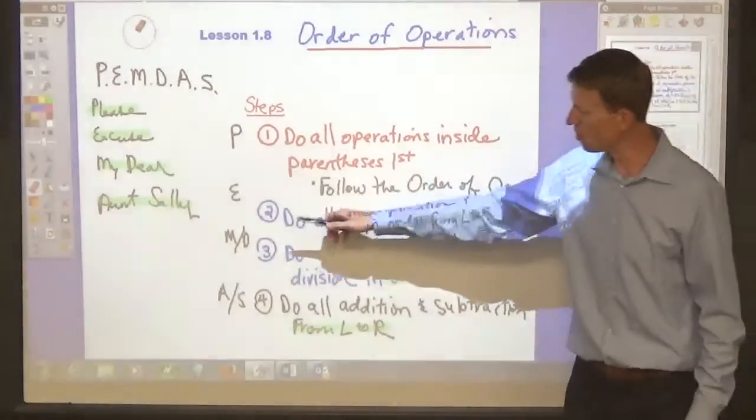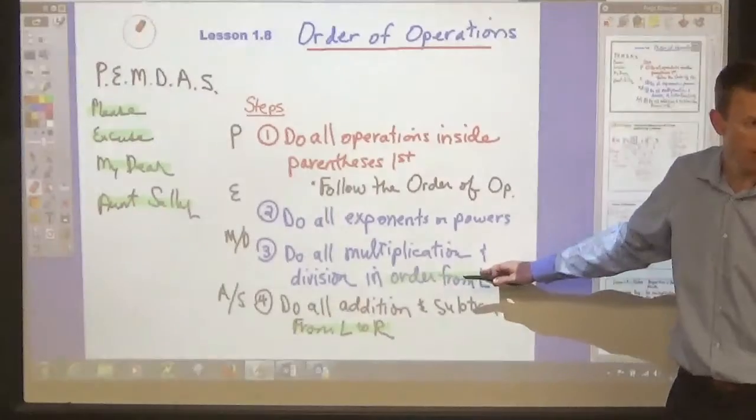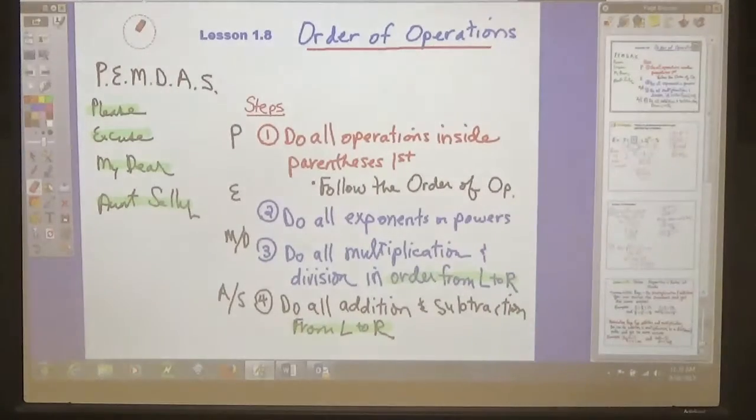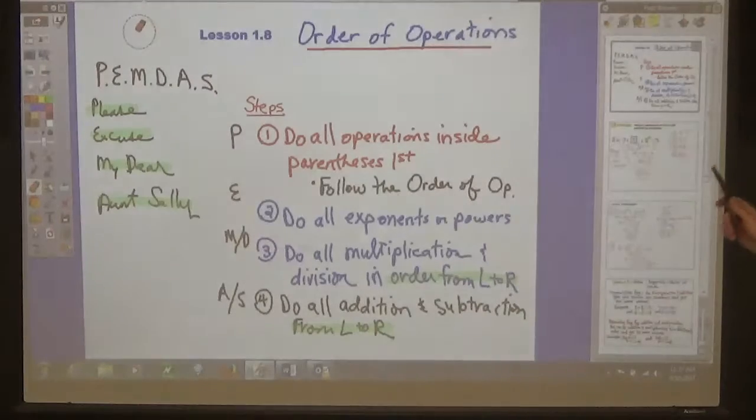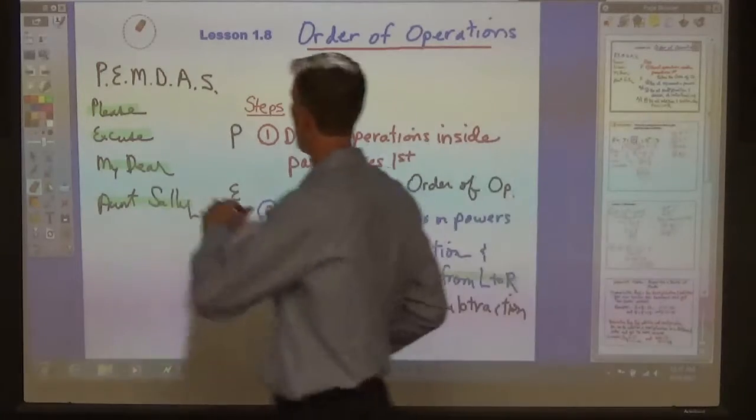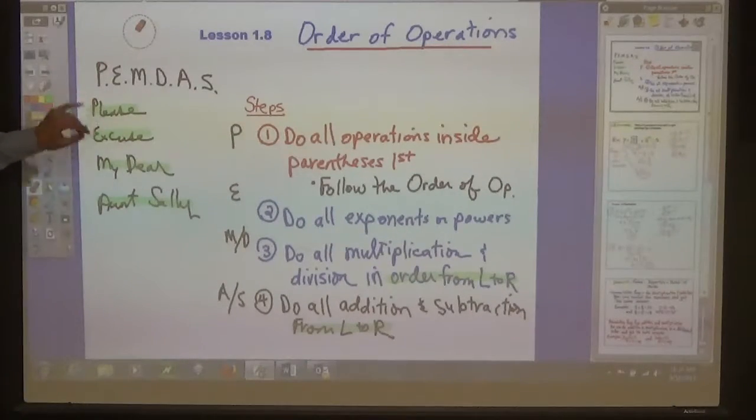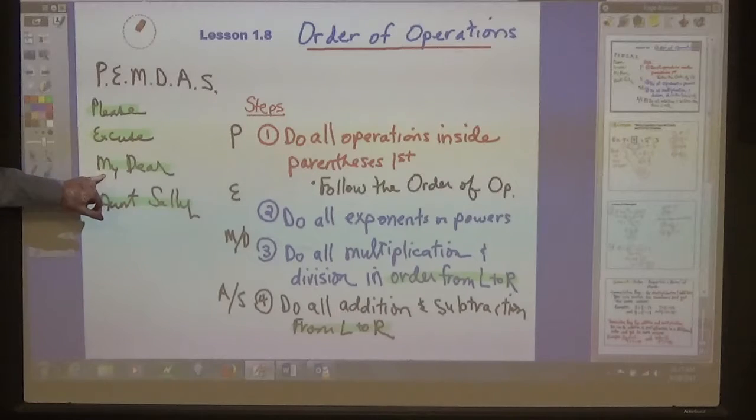And then once you've finished all the multiplication and division, keep your eyes up here, then you go on to step 4 and do all the addition and subtraction. So you should not do addition and subtraction if you still have division or multiplication to do. Okay? And always remember to please excuse